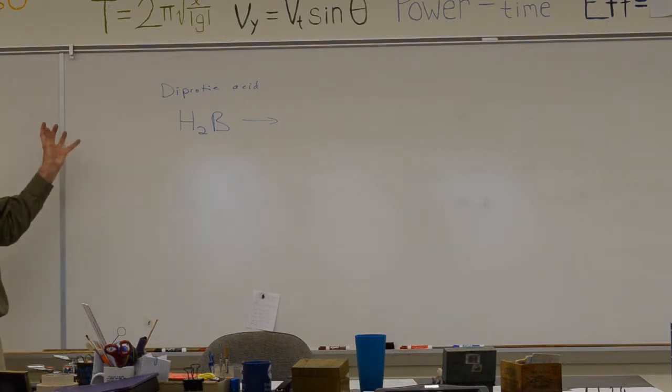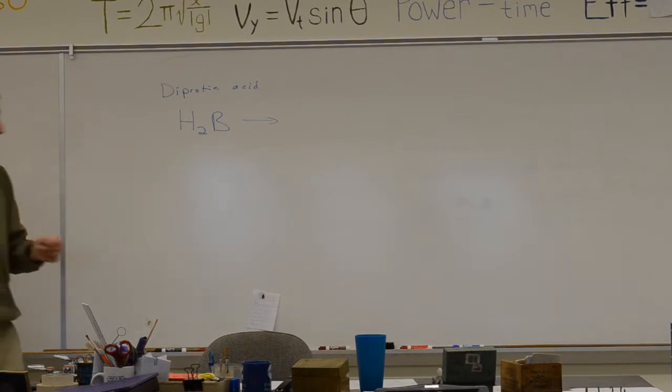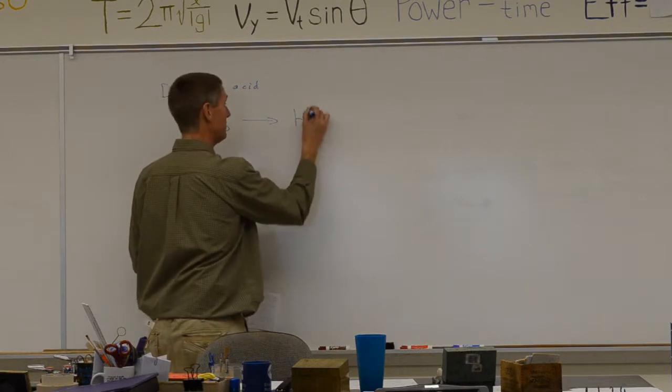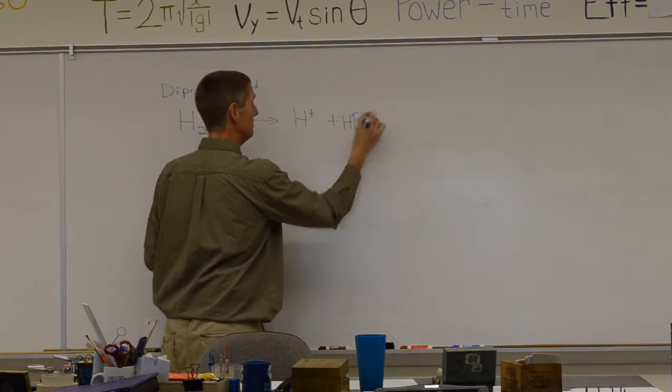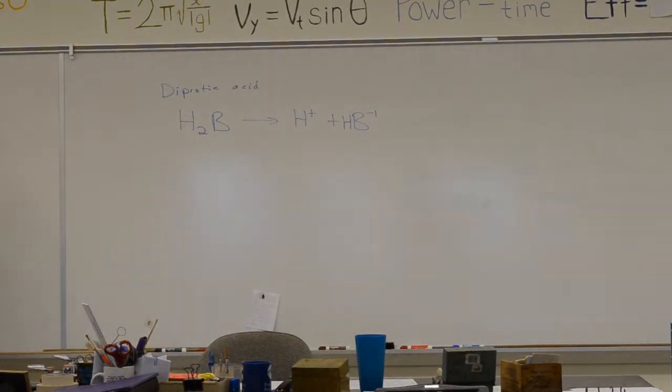I'm going to take this molecule and dissolve it in water. And the first thing that happens is that one of the hydrogen ions, one of the protons, will leave the molecule, okay? We don't believe that it would just have both of them leaving all at one time. We would have one of them leaving first,